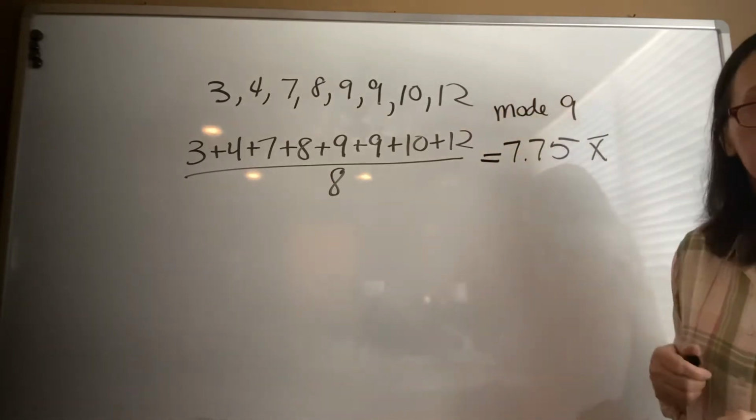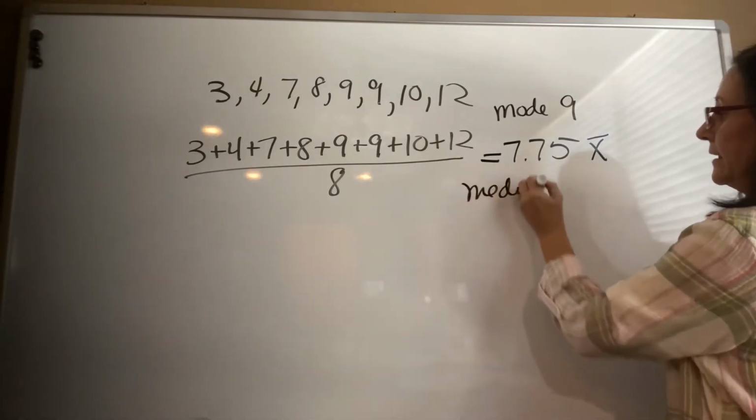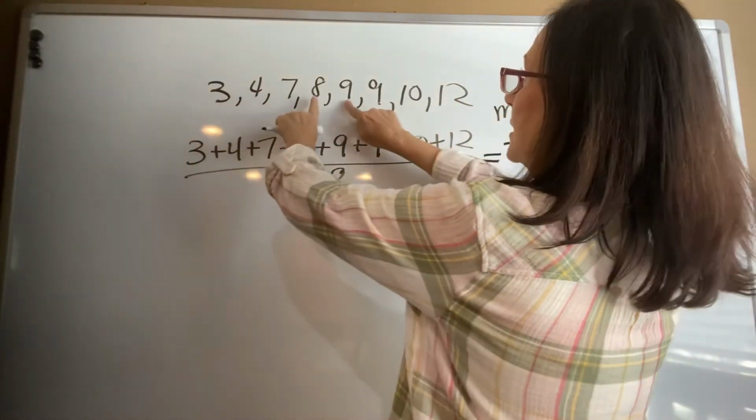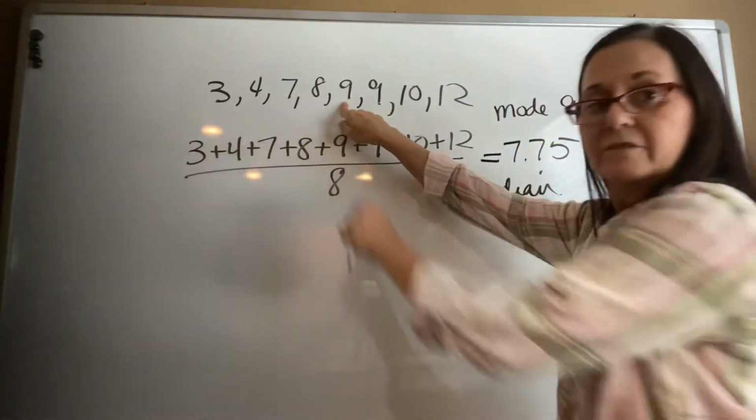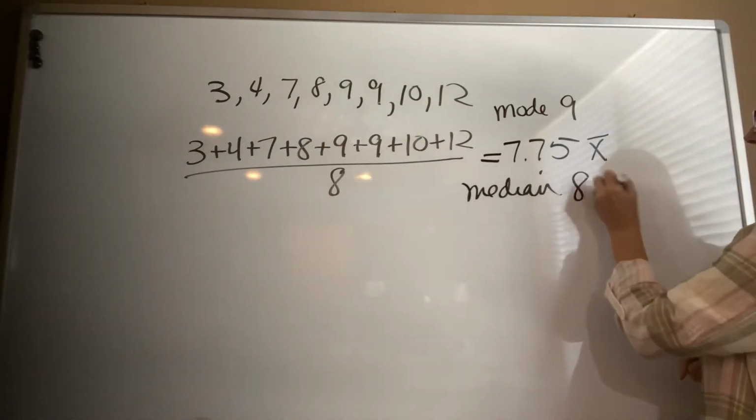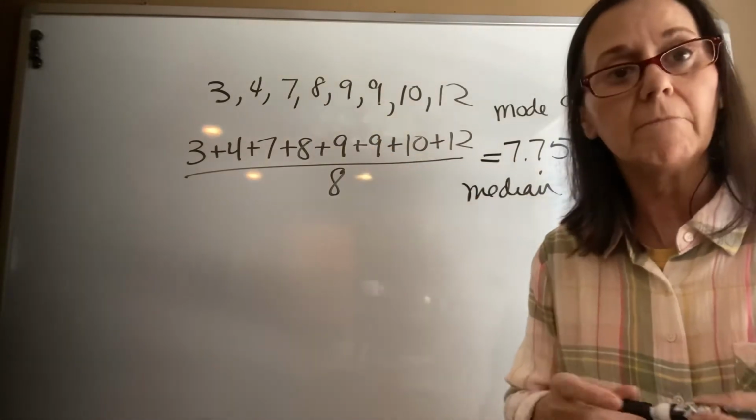All right, let's see what the median is. The median is the middle number. All right, so I'm going to count in. There's 8 of them. It's going to be the sum of 4 and 5 divided by 2. All right, so it's going to be 8.5. So when you have an even number of values, you take the 2 in the middle and